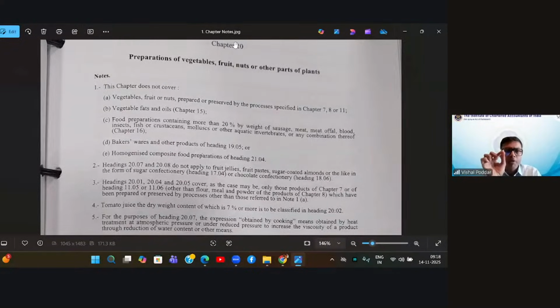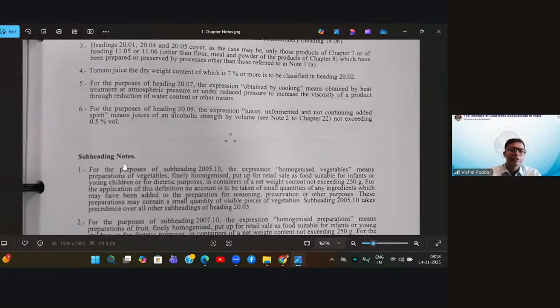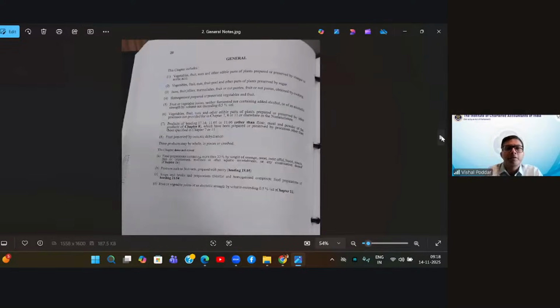See, the chapter headings are the same as what is there in our Indian customs tariff and even in the WCO tariff. So this is an example of the WCO tariff. Again, it has notes. These are the notes given for that chapter, so they are the chapter notes. Again, you have subheading notes. These are for respective subheadings. So you have heading also, you have subheading also. They have given notes for each thing, heading, subheading, everything, right? More notes, as you can see.